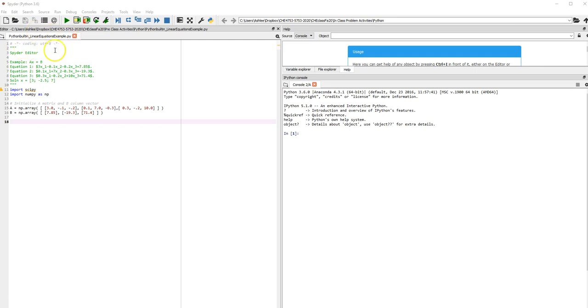So in this Python script, I have the example equations that I showed previously. In the documentation here, I've imported SciPy and I've also imported NumPy as np. And I've already initialized that matrix or two-dimensional array of values for the coefficients A and the column vector array of information for b. So to solve this, I can say x is equal to